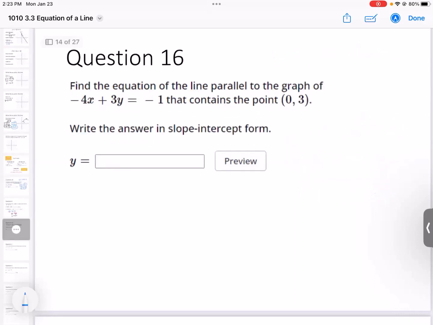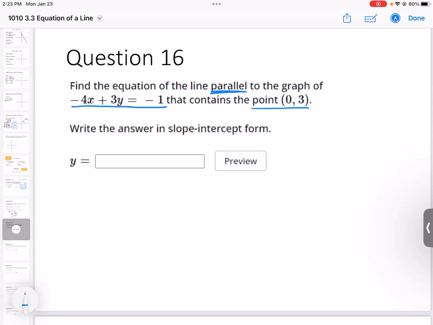All right, the next one I'm going to go over is question 16. So on question 16, and I know from my last class that other people have different structures for this one. So if you have something that's different than this one, let me know and I'm happy to work through your example. But on my example, it says find the equation of a line that's parallel. So I'm looking for a line parallel to the graph of this equation. And I want it specifically to be a line that contains the point 0,3. And so